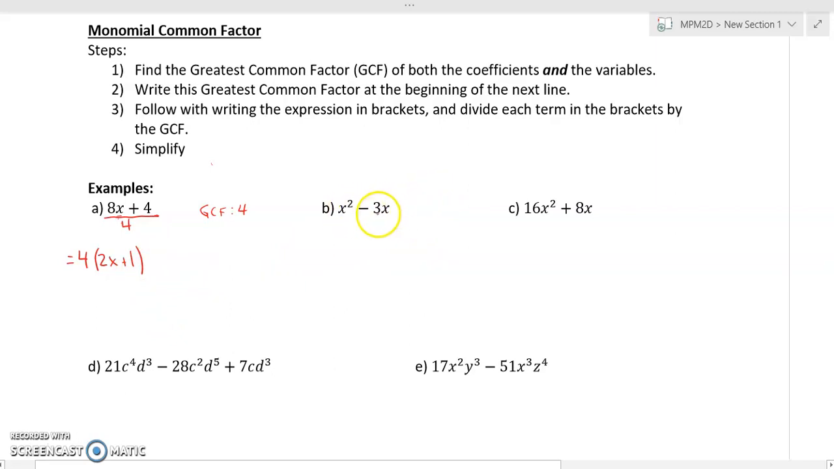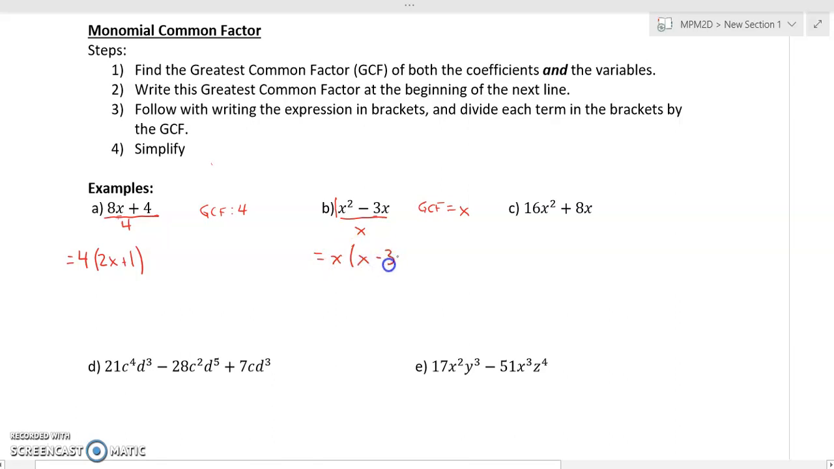So x squared minus 3x. So this is an invisible 1 here. And then there's a 3. So greatest common factor is just 1. And then here we've got an x squared and an x. So the greatest common factor is just going to be x. So if I divide both of these by x, I'm left with